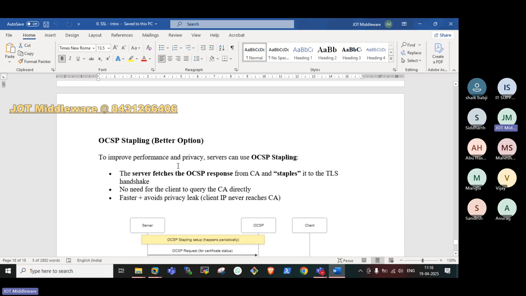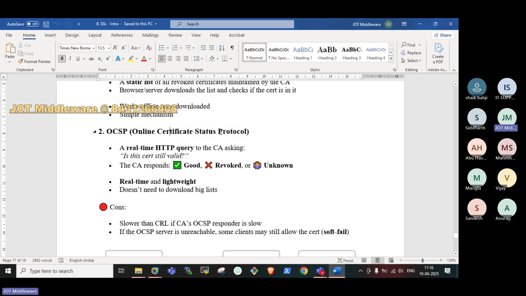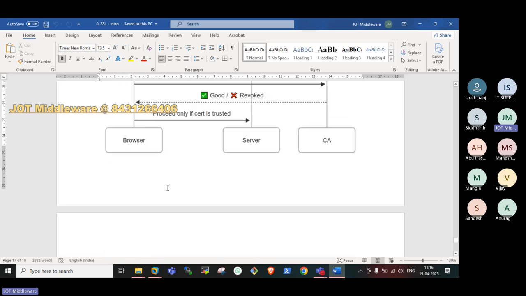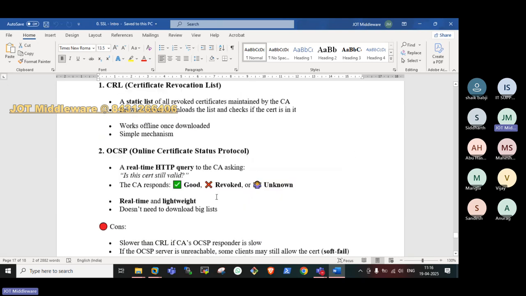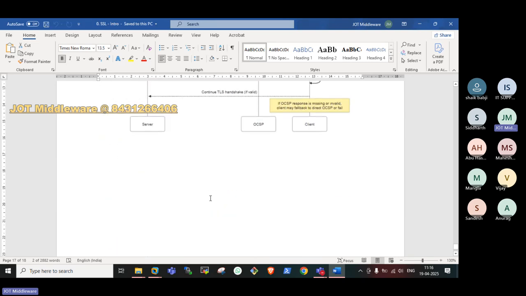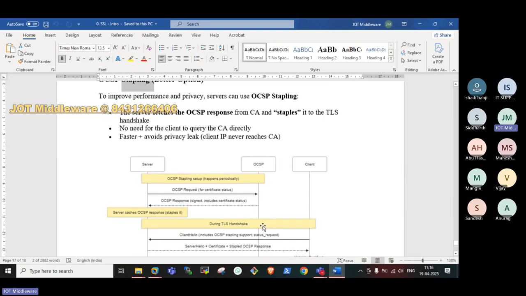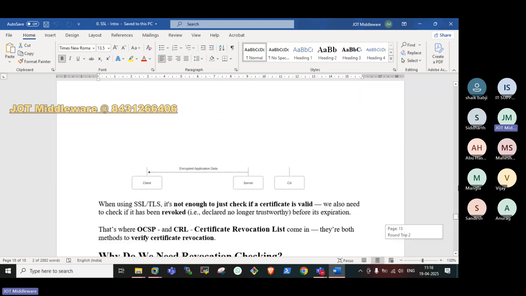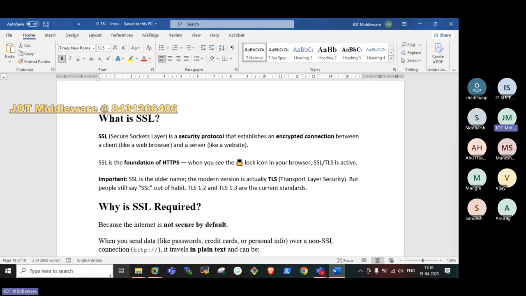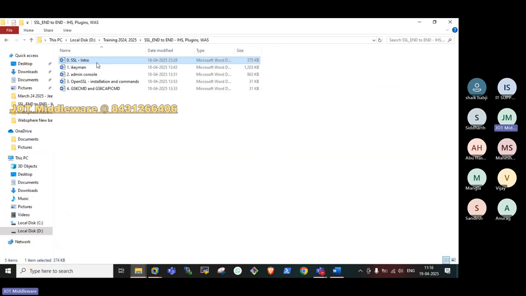There are again two things in OCSP: the OCSP, Online Certificate Status Protocol, and the other one is OCSP Stapling. This is a real-time check. The burden is not on the client, but it is on the server. So we'll see all these things today. So this is the agenda, and once we are done with this, we'll